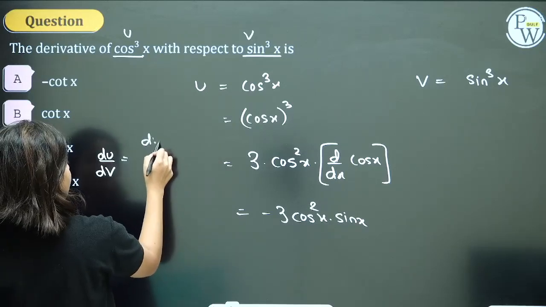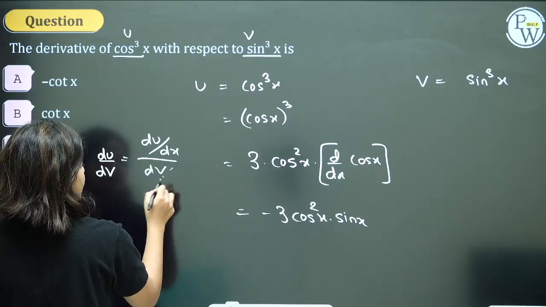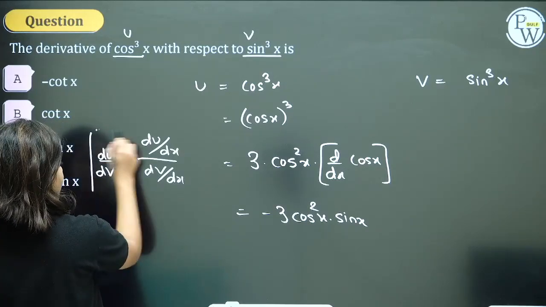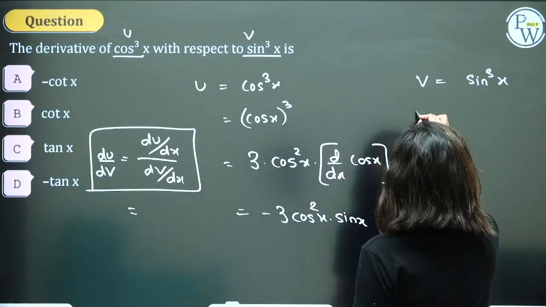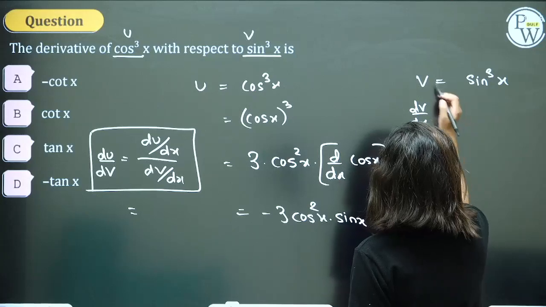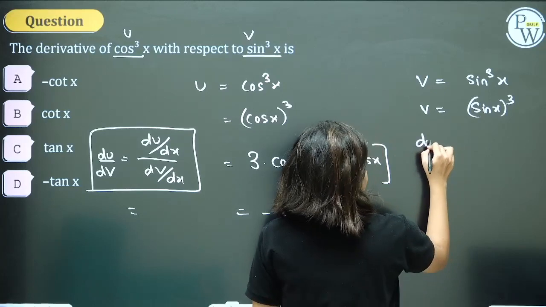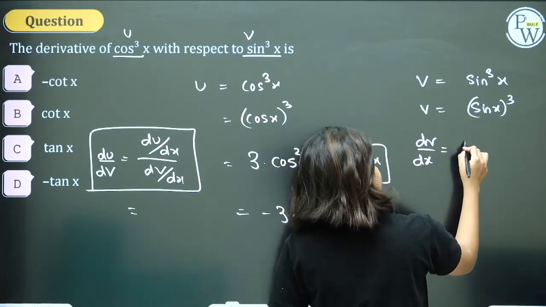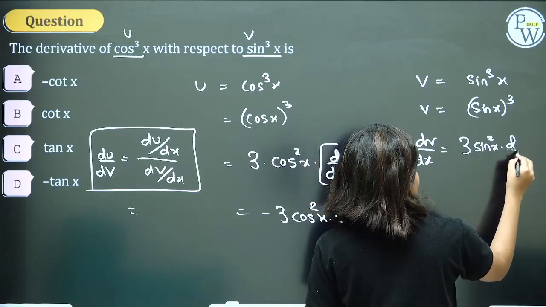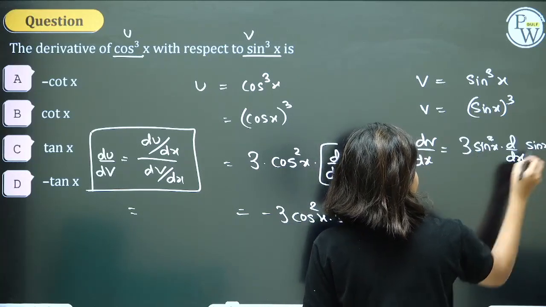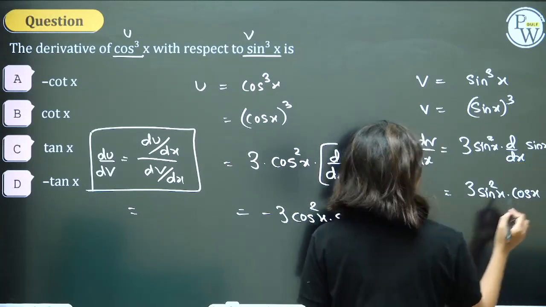And from parametric form, we learn u is in terms of x, v is in terms of x, du by dx upon dv by dx. This is your parametric formula. I know it's not theta and all, normal thing, but yeah. dv by dx, guys, differentiate. It's like your same thing with sin x the whole cube. Derivative of x cube is 3x square. So derivative of sin x cube will be sin square x, and by chain rule derivative of sin x will be multiplied. That is equal to 3 sin square x, and derivative of sin x is cos x.